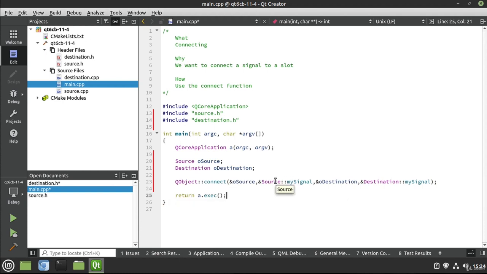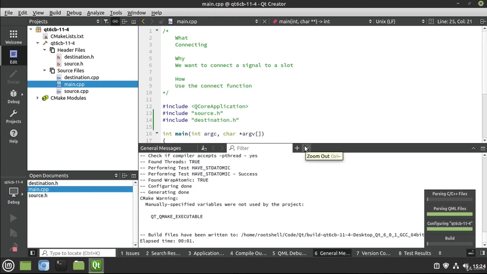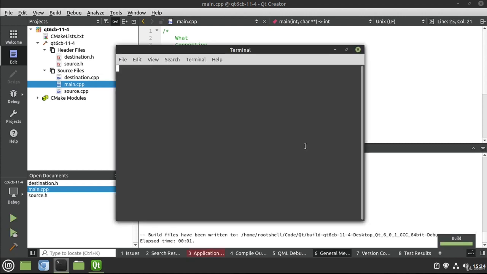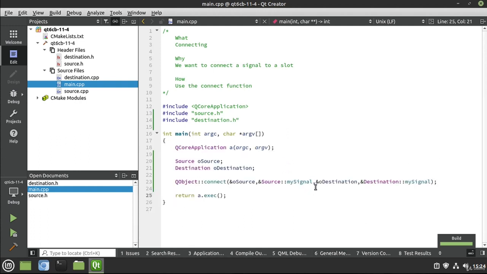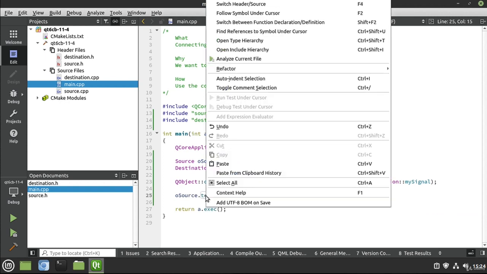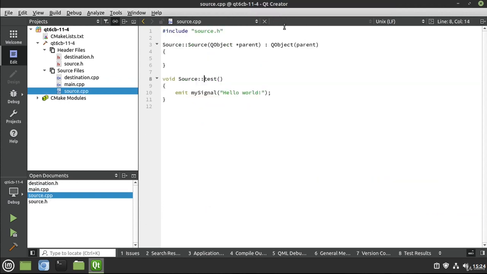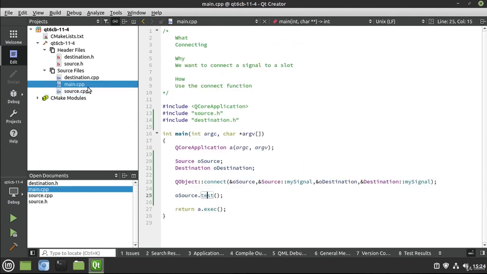So from there, absolutely nothing's going to happen. Let me go ahead and run and demonstrate this. So it's going to build it. Moc is going to come in and say, oh, I see you're using signals and slots. And it's going to wrap all that goodness in, but nothing's actually happened because we haven't emitted the signal. This is the basis of, well, event-driven programming. So what we need to do now is take our oSource and call our test function. Because remember, in this guy right here, what's really happening is we are emitting the mySignal. So now that we're actually going to emit it,